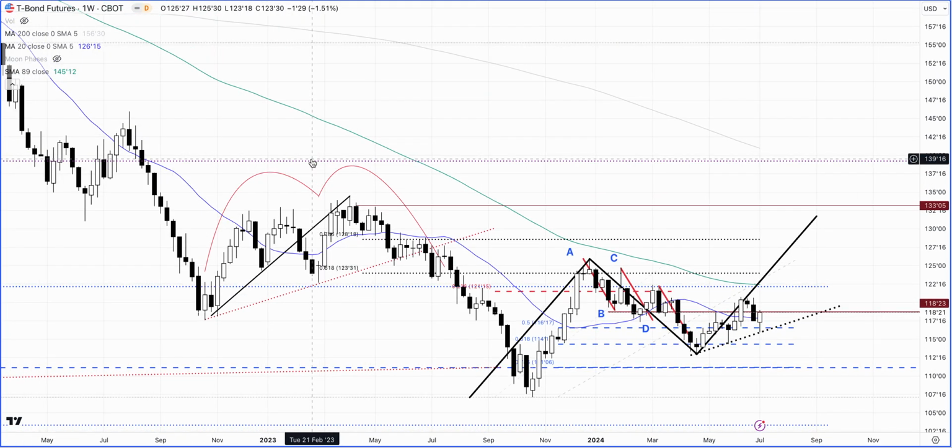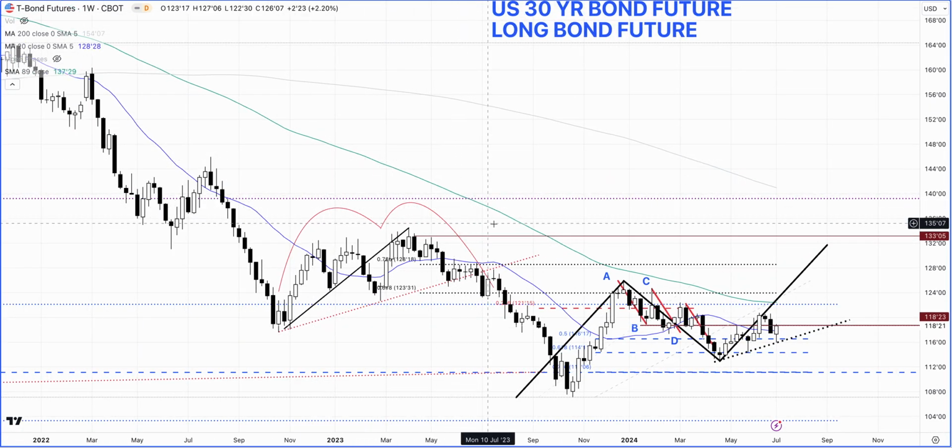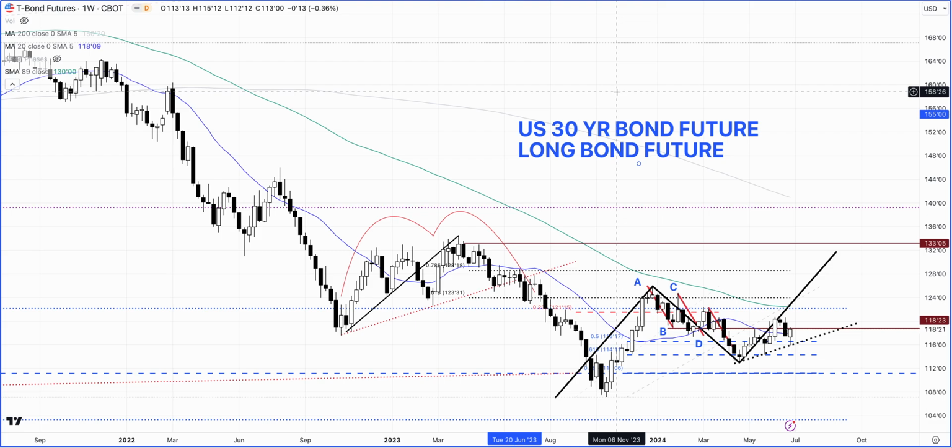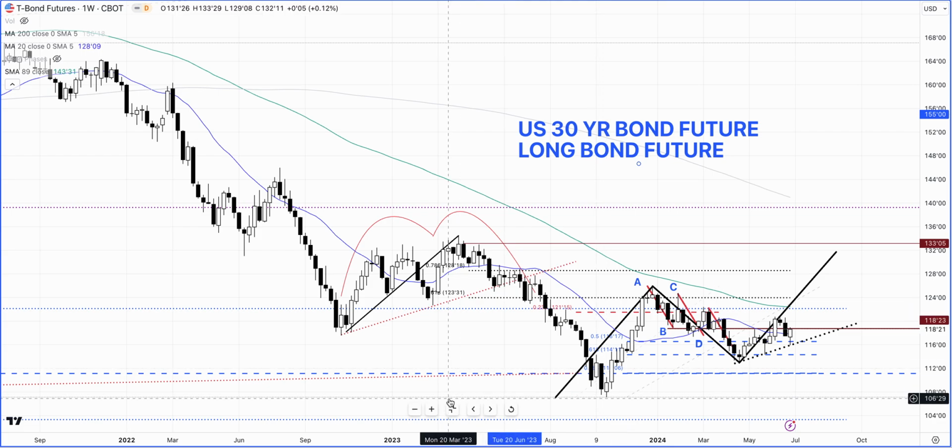Now the thing is that the market could actually rally, the yields fall, but we will still be in a bear market. So we'll have to really see how the market is able to tackle this point, which is 139, roughly 140, because that is the 38.2% retracement from the highs reached during the COVID pandemic days to the recent lows, which came in around last October. So really important what is happening here.